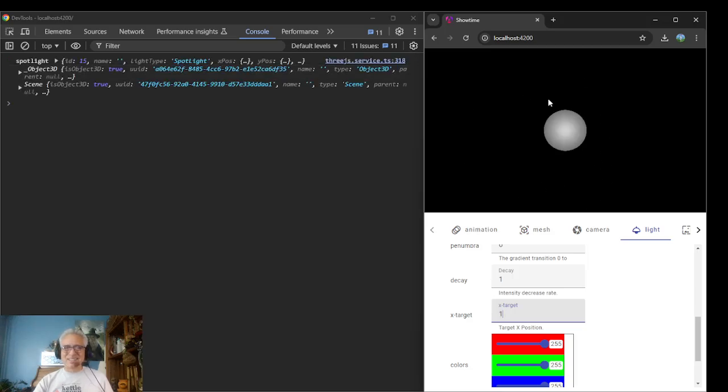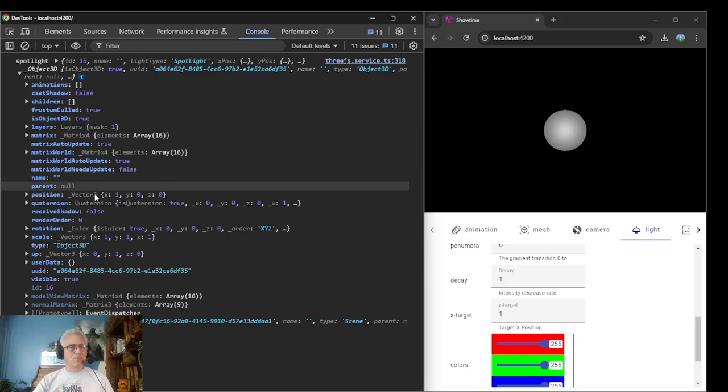Okay, so it changed size, which is very strange. My spotlight seems to have an ID of, I don't remember, I thought it was 16 last time, but oh no, yeah, that's right. I don't know what this ID up here is that it's showing. Let's look at our target. If I remember correctly from last time, the target's ID was,